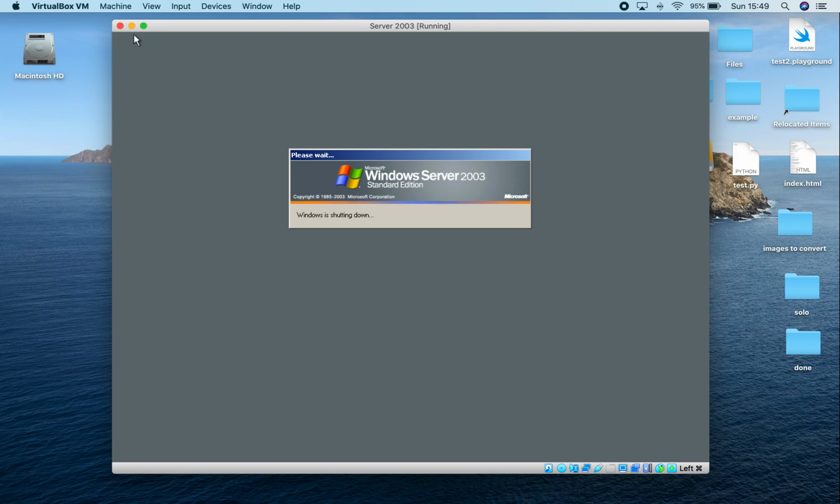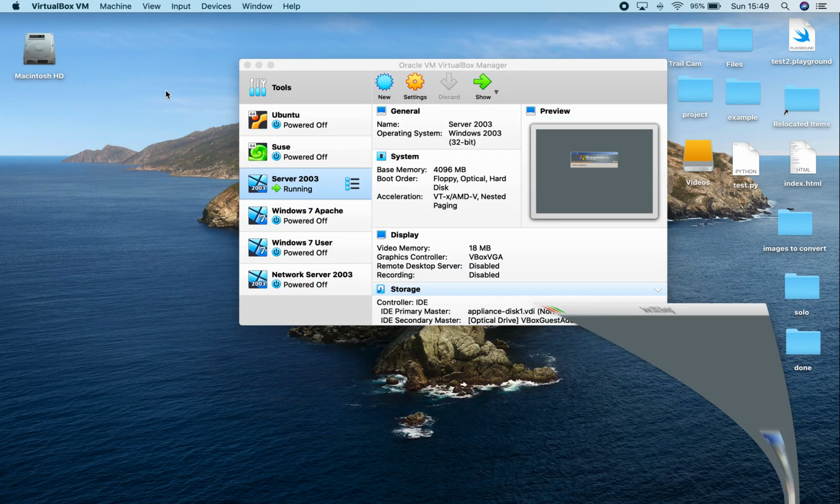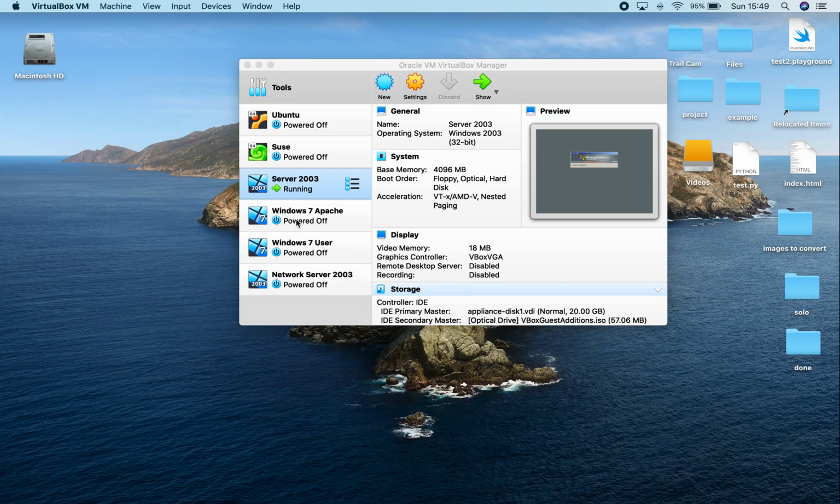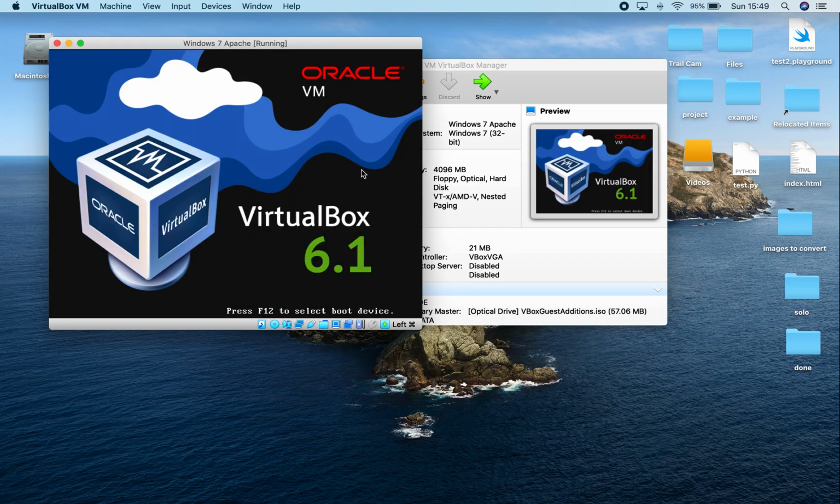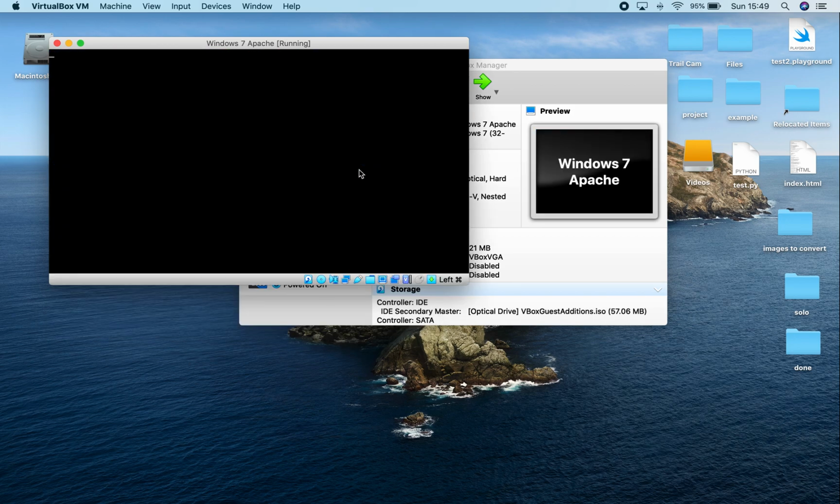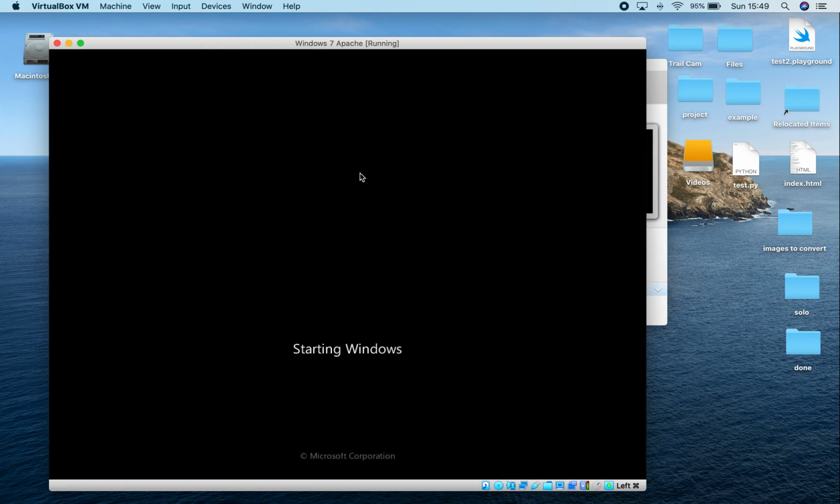So I'm just going to minimize this because while I'm waiting I want to start up what you're probably used to. Let's take a look at Windows 7. This is a single user version. Again, it's got a graphical user interface. When it fires up,